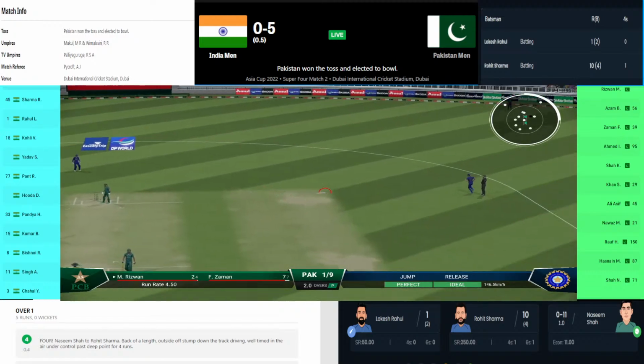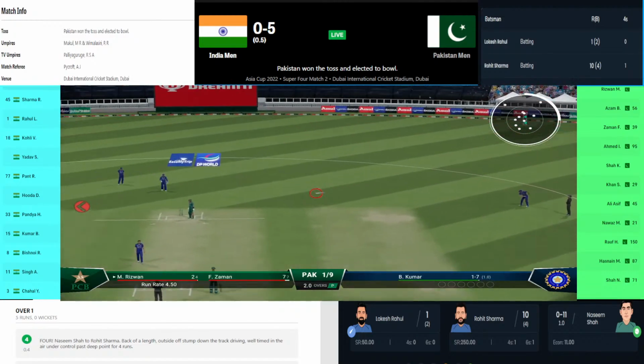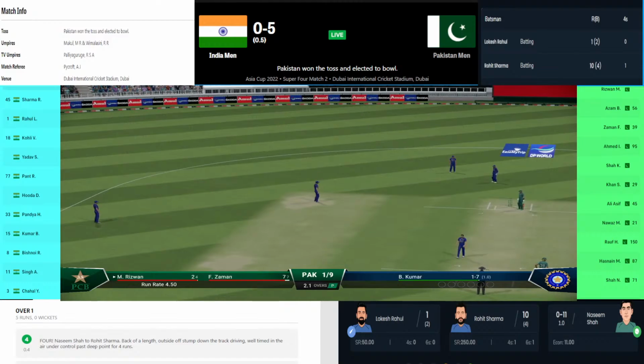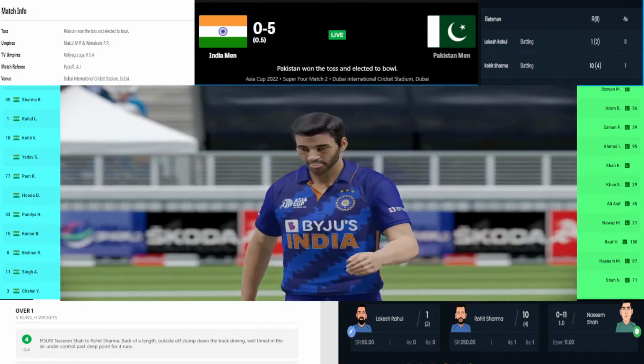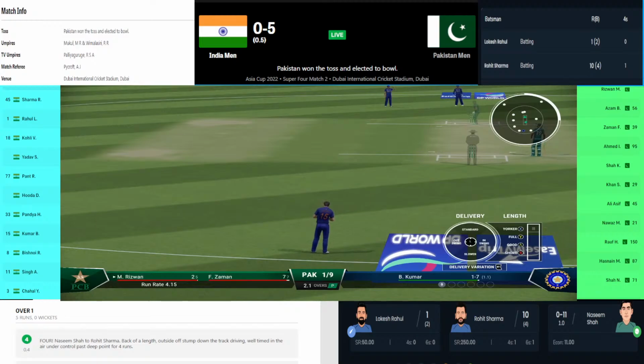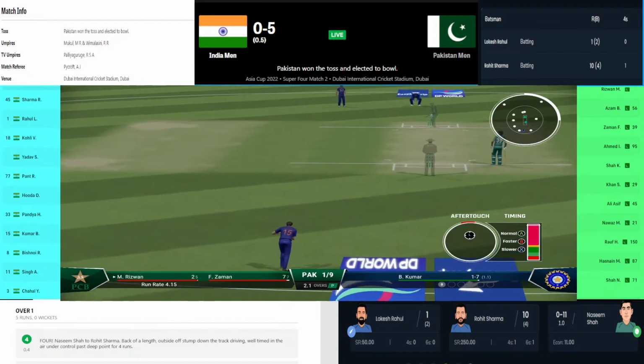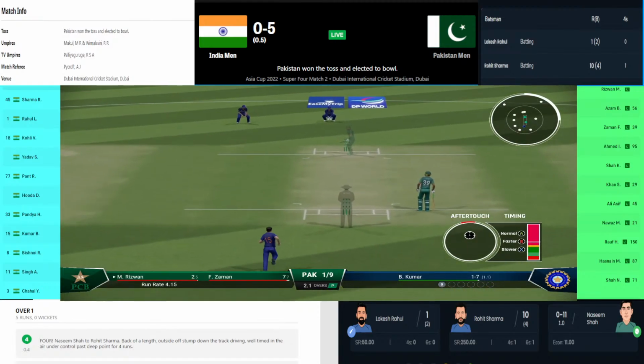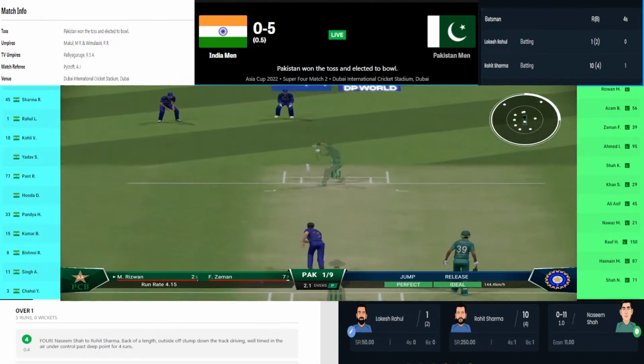So now Rohit Sharma looks good at the crease. He is standing a little bit outside the crease to negotiate the swing. What a shot! A shot kind of a delivery. Rohit Sharma pulls it in the air into the stands for a wonderful six. Wonderfully timed, that shot from Rohit Sharma.